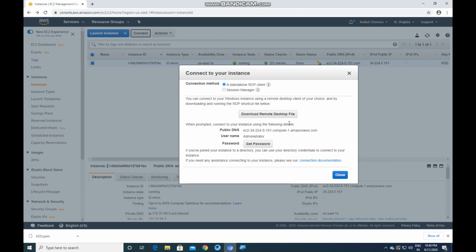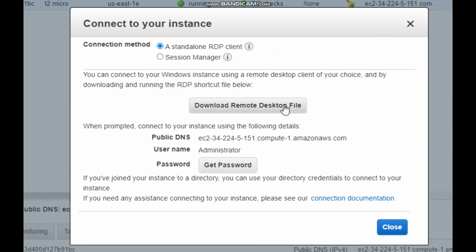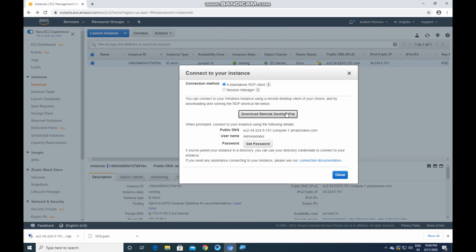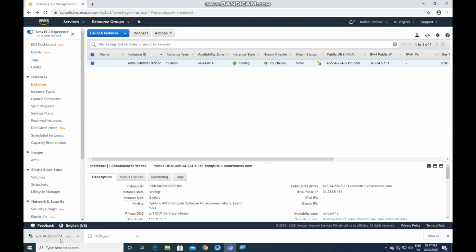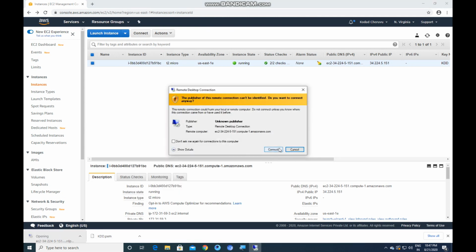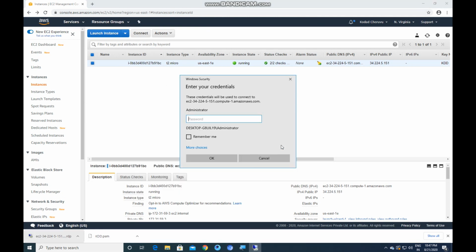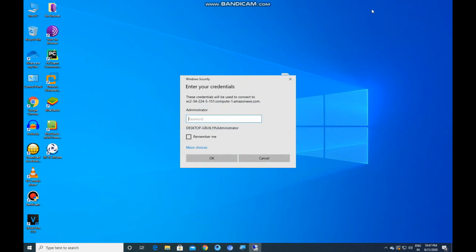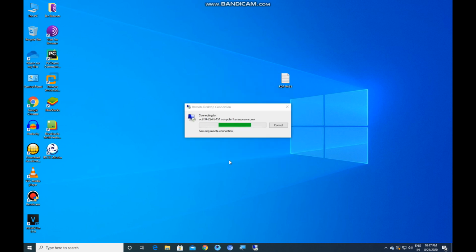Now click on connect. Download the remote desktop file. After downloading it, please open it. Now please copy the password and paste it below and click on OK.